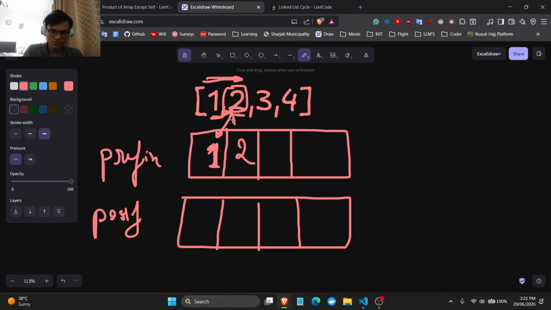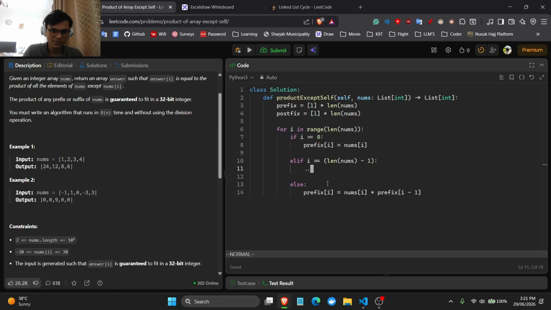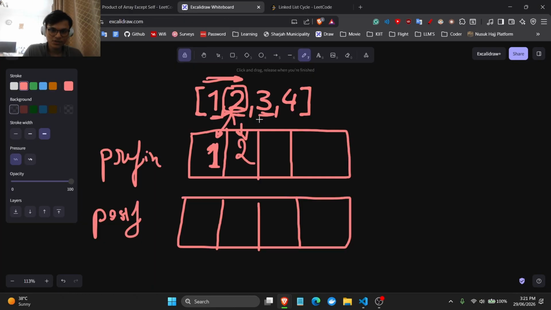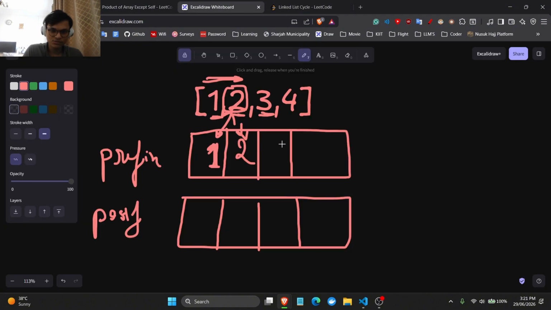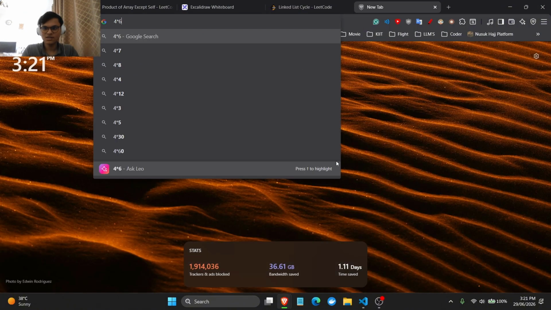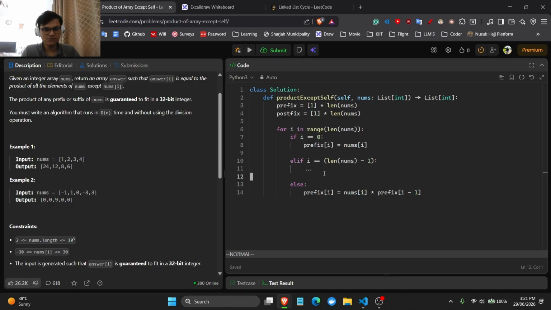Okay, so this is again 2 आ गया यहाँ पे, तो 2 ने basically क्या किया, अपना prefix of I equal to nums of I into prefix of I minus 1, then हम लोग का आया 3, so 3 ने क्या किया, 3 into prefix of this, so 3 into 2 6, and then हमारा आ गया 4. Now 4 is आपका array का मतलब 1 2 3, 4 minus 1 3 आ गया. अब इसका भी तो सेम ही होगा, इसका भी 4 into 6 which is 24, 4 into 6 24 ही होता है यार, maths थोड़ा कमजोर है. Yeah, so we don't really need to worry about this because this condition will also map the same, right?